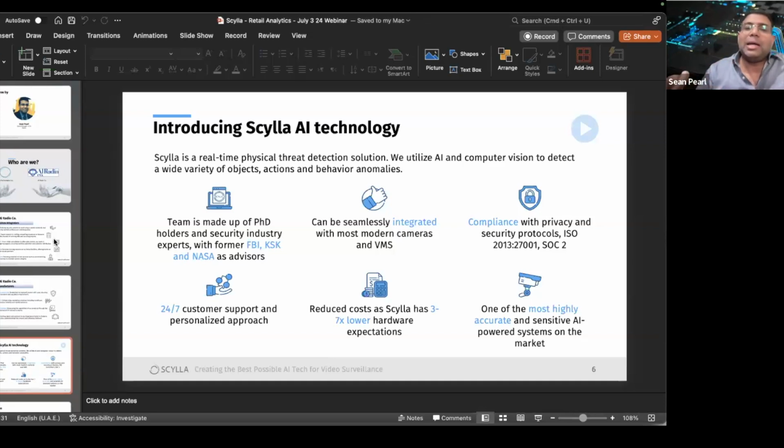But when you tie up with an AI company, I think for partners, it's important to understand a little more about the company itself. Of course, your interest is going to be in terms of what products and what solutions they offer. But I'm sure you'd even like to know a little more about where the company is actually coming from. How long have they been in this kind of market space?